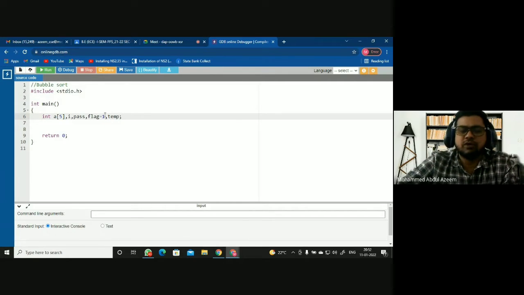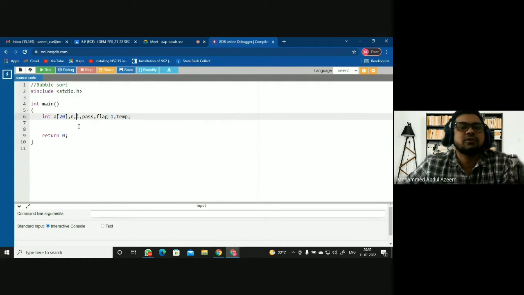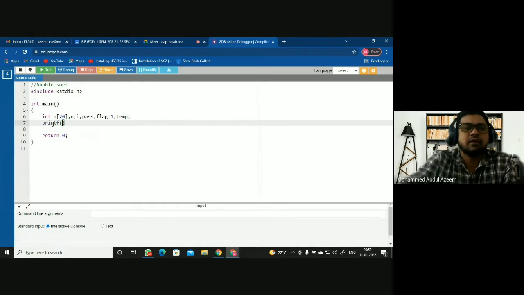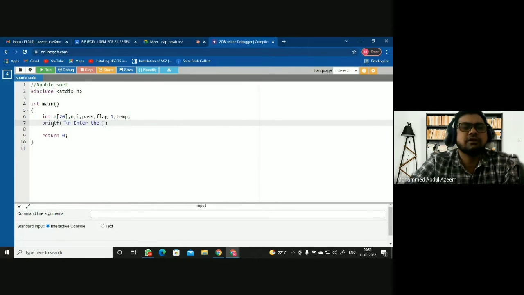Okay, if you want to allow the user to go with his own size of array, here we can put a big size of, let us say, 20, and then we can restrict it with the help of n. You can customize the array size. Okay, so first you read the array size here. Enter the size of the array.